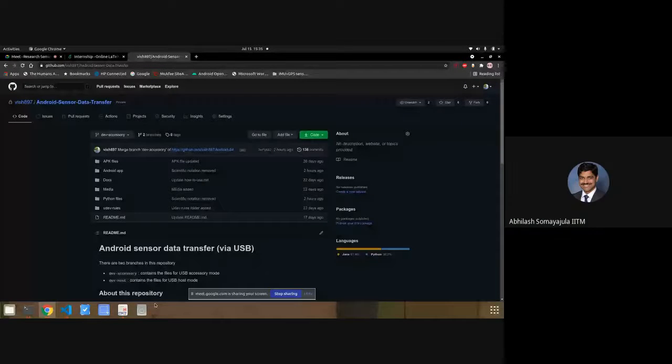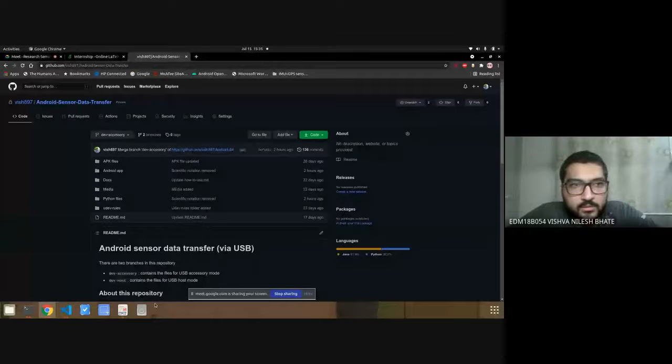Sure, sir. For releasing this to the whole research group, I think because we are about 15 members, we can make a GitHub organization for the research group, and then add the members over there, and I can make it public for only the research group members, so everyone can access it that way.